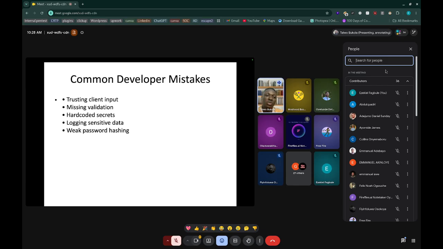Also, another one is hard-coded secrets. This is one of the bad behaviors I've seen amongst engineers, especially junior engineers. Let's say you're trying to build a JWT token, which requires you to have a key, your signing key. And that key, sometimes some will put it inside the code base and hard code it. It's a bad practice, because it means if your code is exposed, your system is exposed, right?